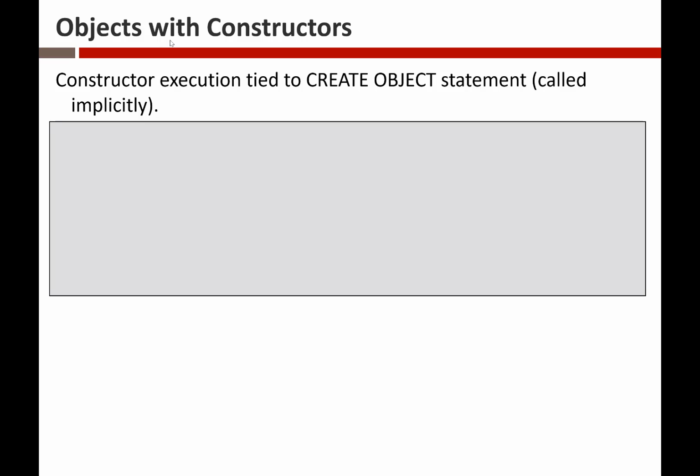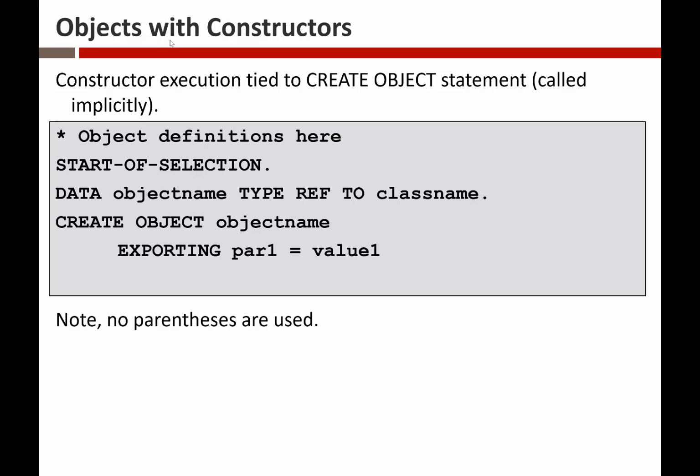We invoke the constructor as a part of the create object statement. So our code would look like this. Data object name, type ref to class name, create object, object name, and before we just had a period there because we didn't have a constructor. Now we see we have a constructor, so we put exporting